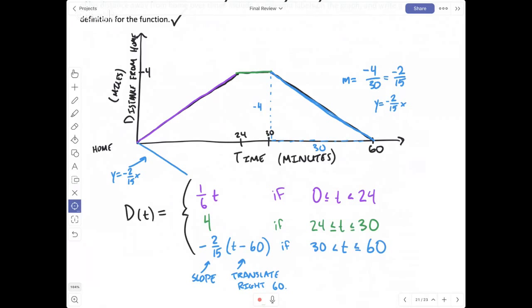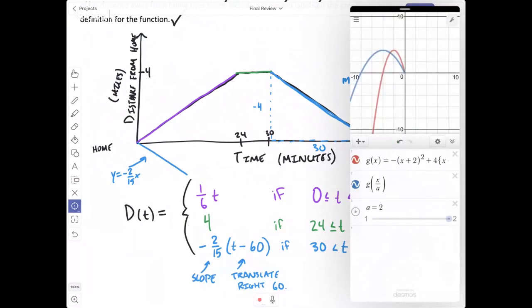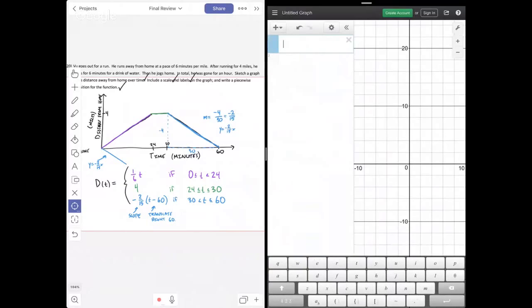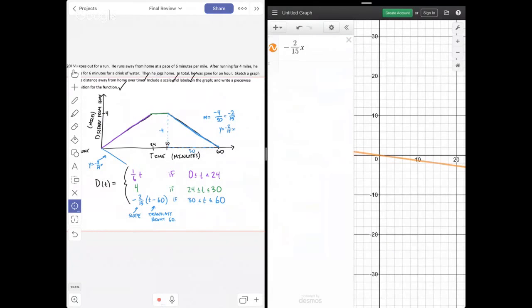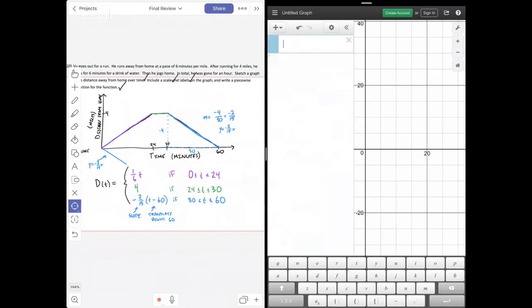But Maritza, did I answer your question? Should we look at it again? We could pull up Desmos and look at it that way. That'd be another framework for thinking about what this was. So we knew the slope was negative 2/15 x, and it looked like that. And we said, okay, what we want is for it to be, let's see, here are all the pieces that I wanted to get. Let's graph it out.